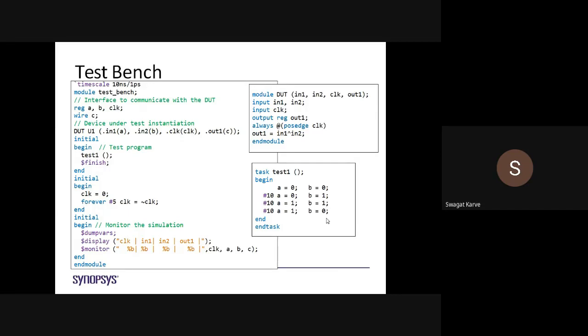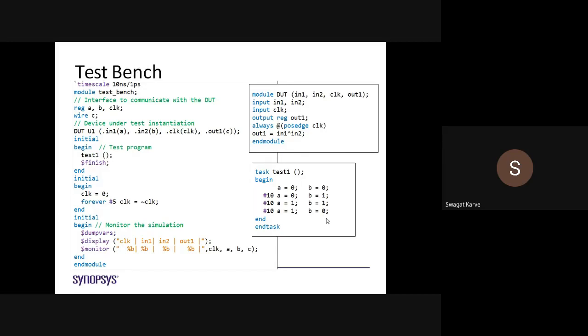After begin you can write different test sets, for example A is 1, B is 0, clock is 1. So manually you can give some inputs to the simulator after the begin statement, then end. Then a second initial block you have started, then begin, then clock is equal to 0, forever #5 clock is equal to not of clock.